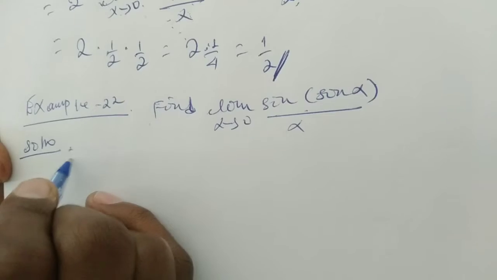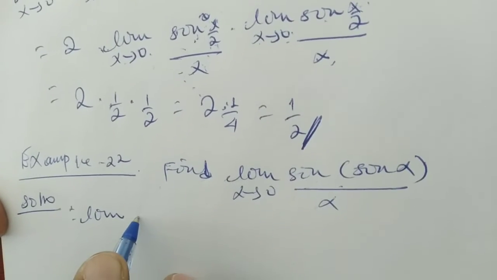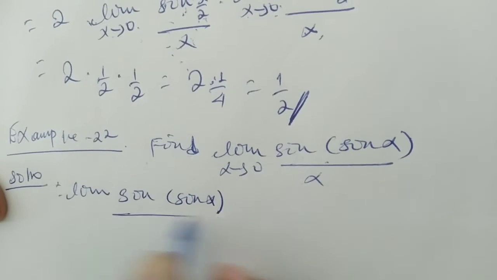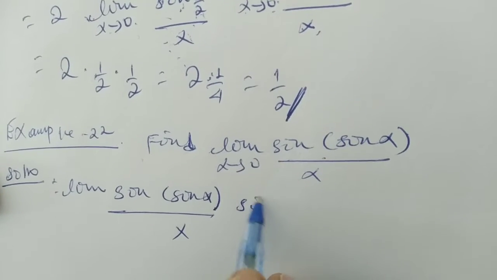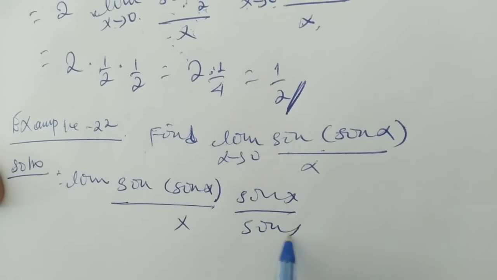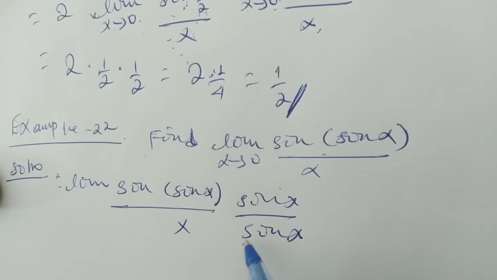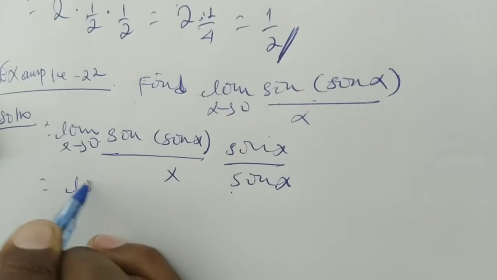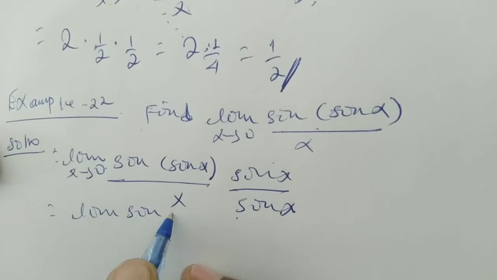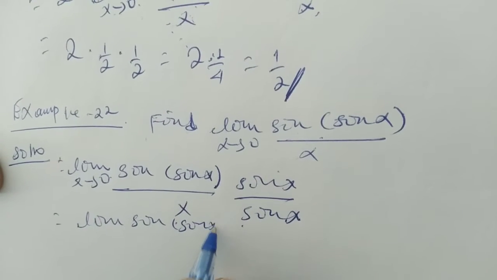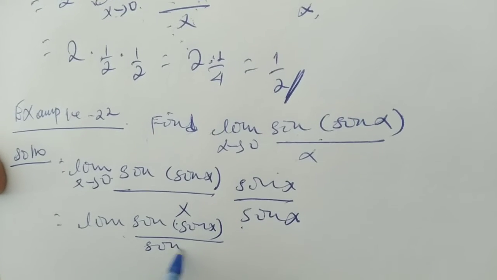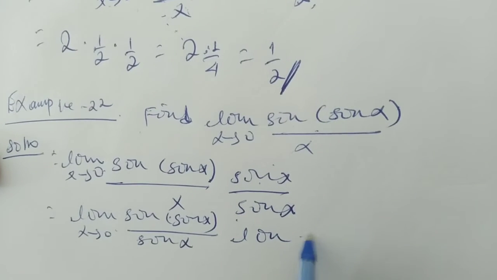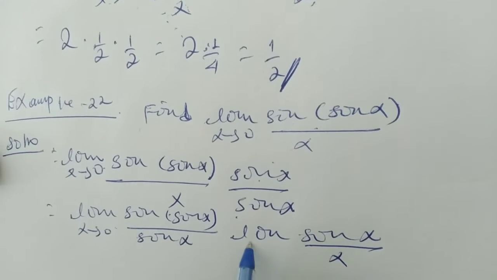which is equals to limit of sin of x over x times sin of x over sin of x. ያኛው sin of x በ sin of x ሲጣፋ ስንት ነው? አንድ ስለሚሆን when x goes to 0 which is equals to limit of sin of x over sin of x when x goes to 0 times limit of ይችኛው ማለት ነው sin of x over x when x goes to 0